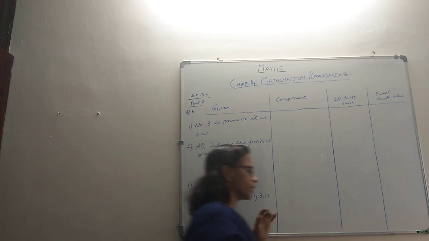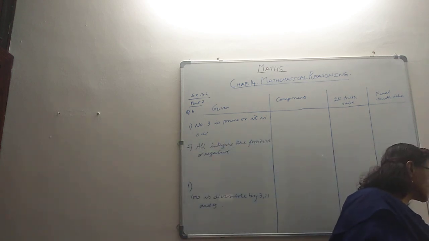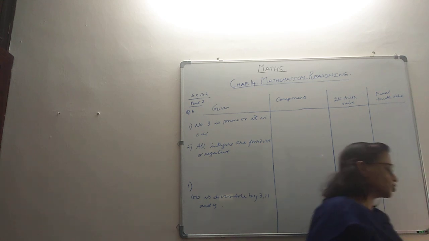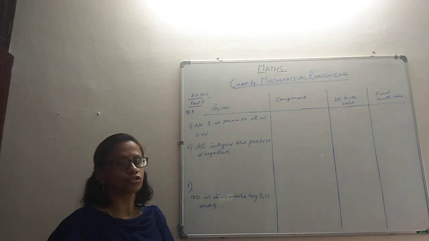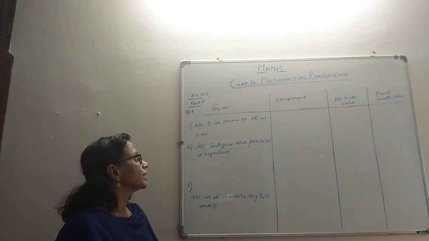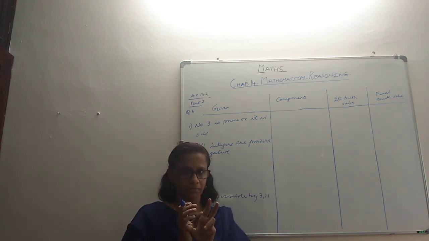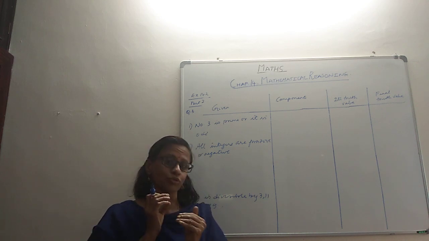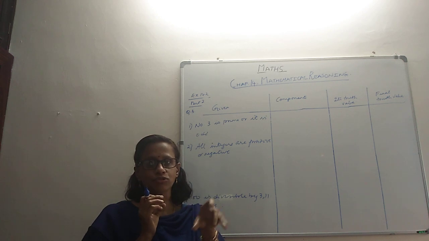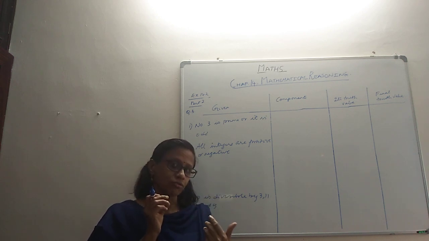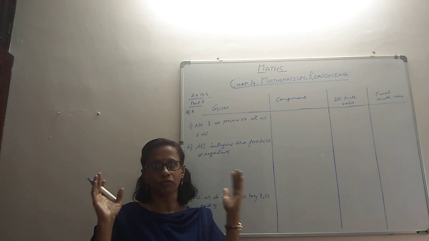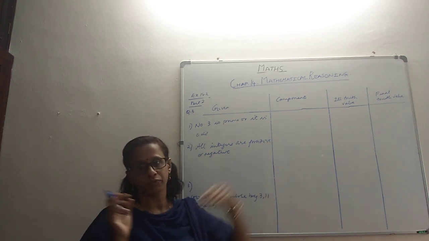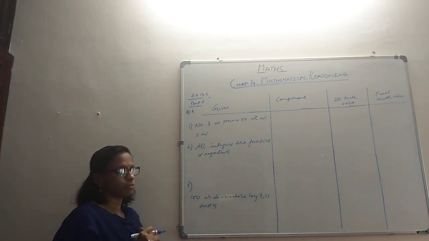It's a small affair over here. They give us certain statements and ask us to find the component statements, and then find the final truth, whether it is true or false. These are compound statements. You have to break each into component statements and check whether each is true or false. When we say true or false, it's called the truth value. On the basis of that truth value, you find out whether the final statement is true or false. That's what we call the final truth value. As we do it, it will become more clear.